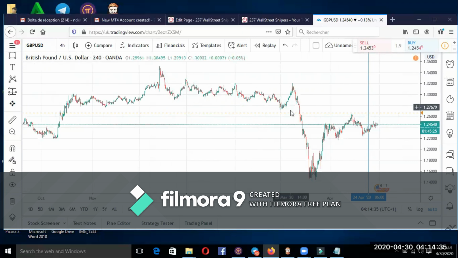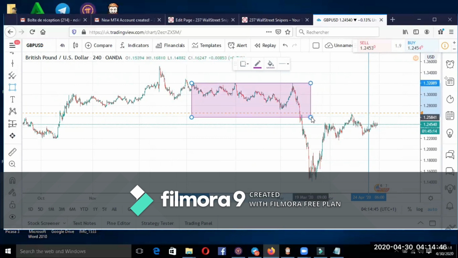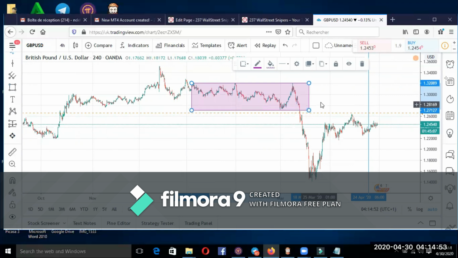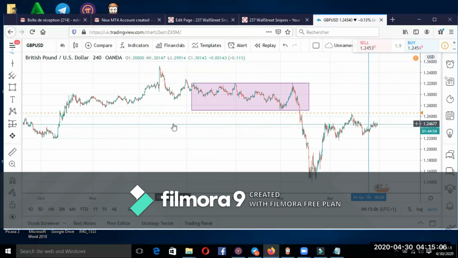The market is accumulating like here. When we say accumulating, this is what we mean by the market accumulating. When the market is accumulating, you see this in the market, right? This is how the market accumulates. So the market is accumulating, and